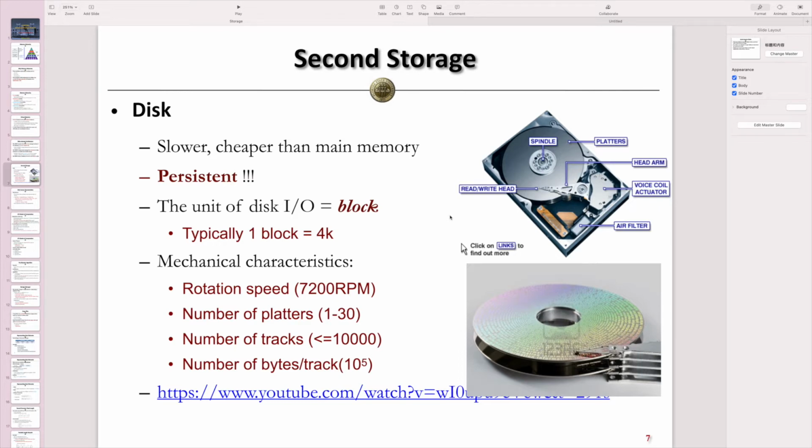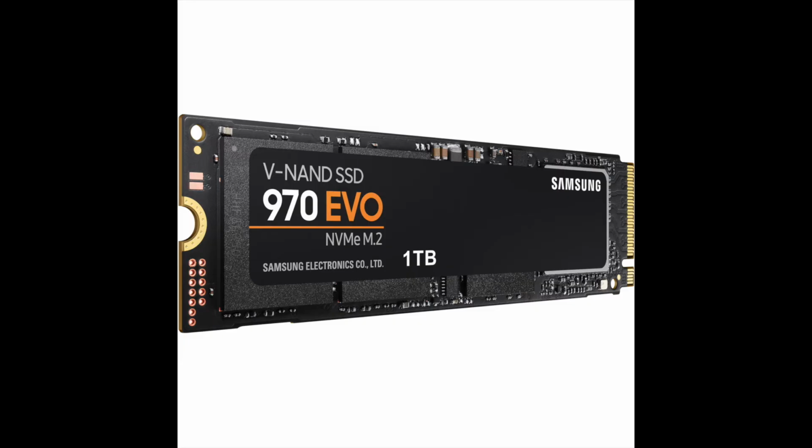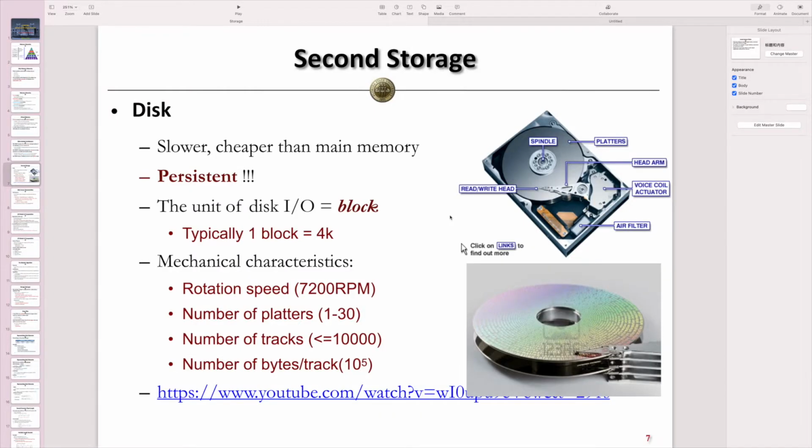So this disk is a very conventional disk we used before. Nowadays, most people are using SSD instead. SSD is very different, right? SSD is just like a memory chip we can insert into the motherboard, which is very convenient, and it is also much smaller. So for the conventional disk, if we open it, inside we have different